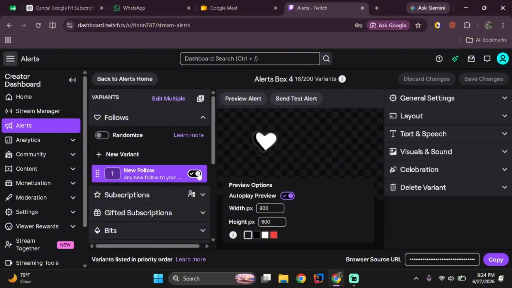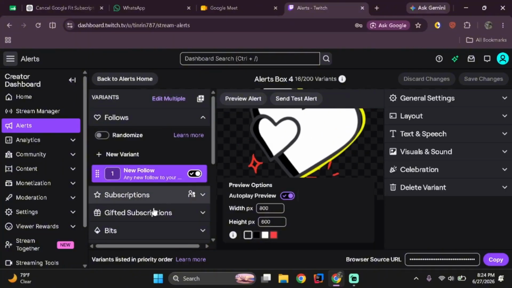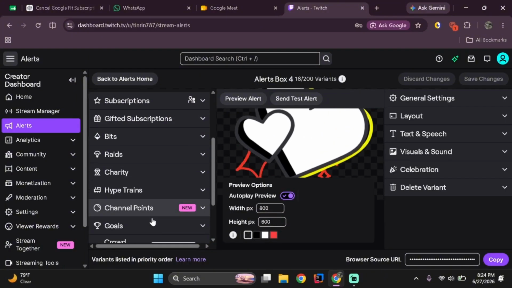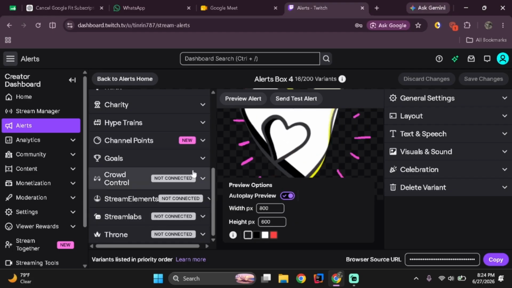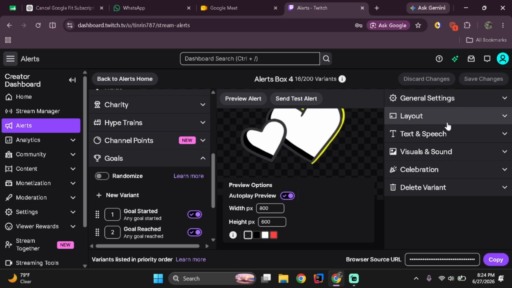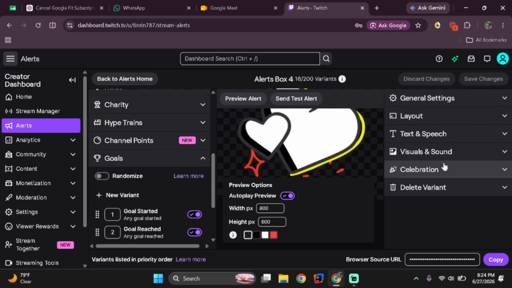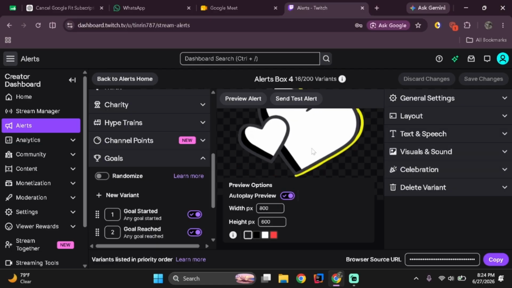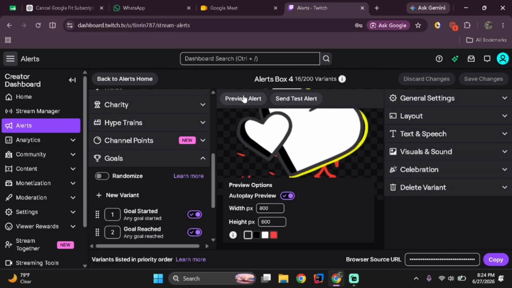Now inside here, choose the alert type you want, like follows, subscription, gifted subs, hype trains, and many more. Tap on the one that you would like to customize, and from here you can change its alert name, layout, position, text and speech, visual and sound, celebration, and many more. Once everything is done, you can simply tap on Preview Alerts or Send Test Alert to make sure it looks